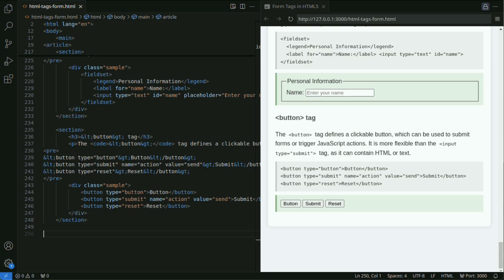The button tag can include other HTML content between the opening and closing tags, making it possible to create buttons with icons or complex text. For a submit button using the input tag, the value of the value attribute is included in the form data, but with a button tag, it is not sent by default. By specifying name and value attributes for a button tag, its value can be sent as form data.